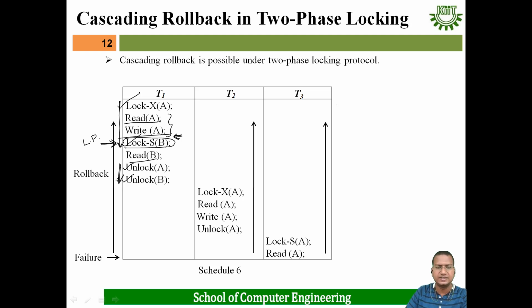Understood? Similarly, in transaction T2 here: lock X A, read A, write A, unlock A. In this case, only one lock is there, so that is your lock point. And in this case also, one lock is there. This is your lock point. Then what will be the serializability order of the transactions? T1, T2, T3. Because according to the presence of the lock point in each transaction of the schedule, we serialize the various transactions of the schedule. That means the serializability order of this schedule is T1, then T2, then T3, accordingly to where the transaction lock points are present.